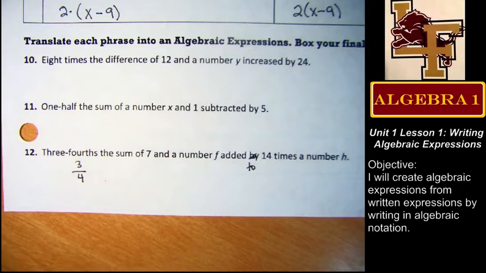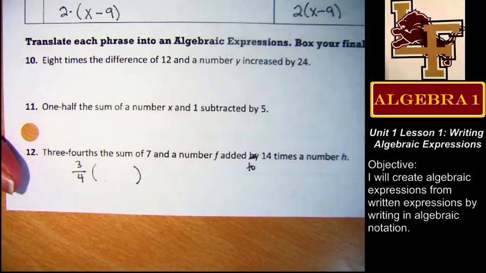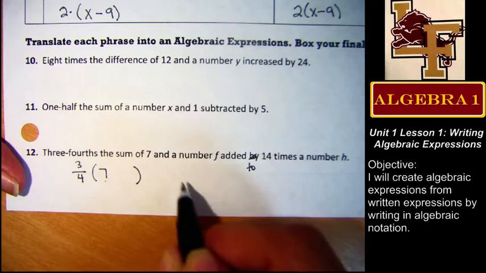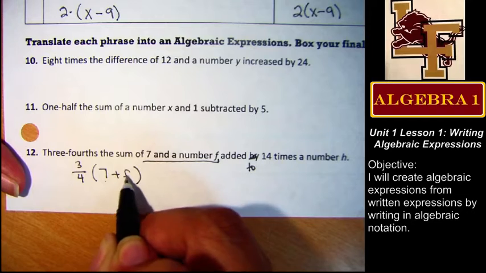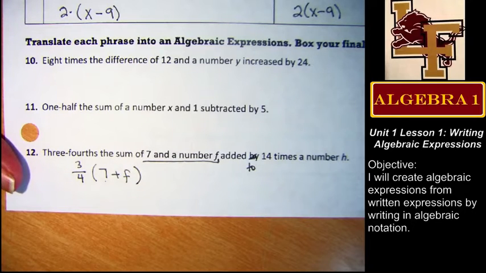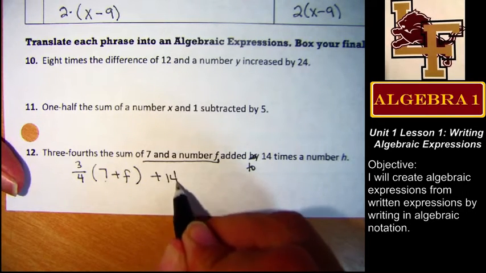But am I going to write the plus symbol or am I going to be adding a group of things first? I'm adding a group of things. What's my grouping symbol? Parentheses. All right, I'm adding. What 2 things am I adding? 7 and f. Now that the parentheses is closed, what's happening? Plus 14x